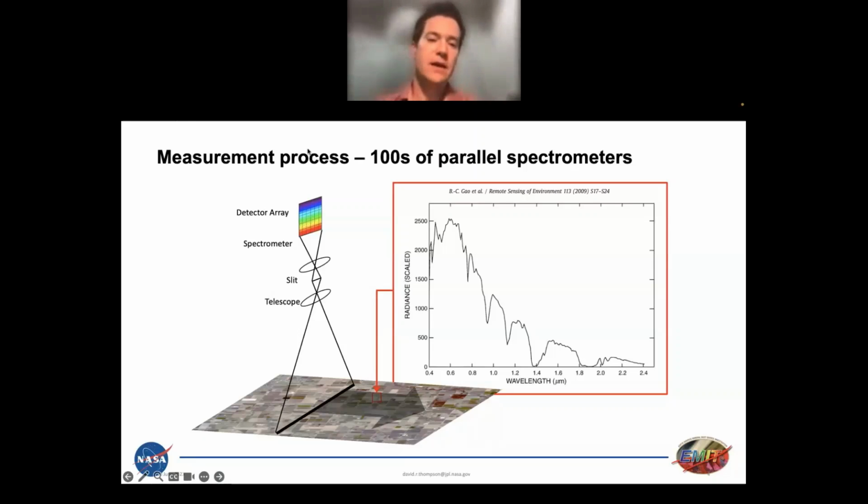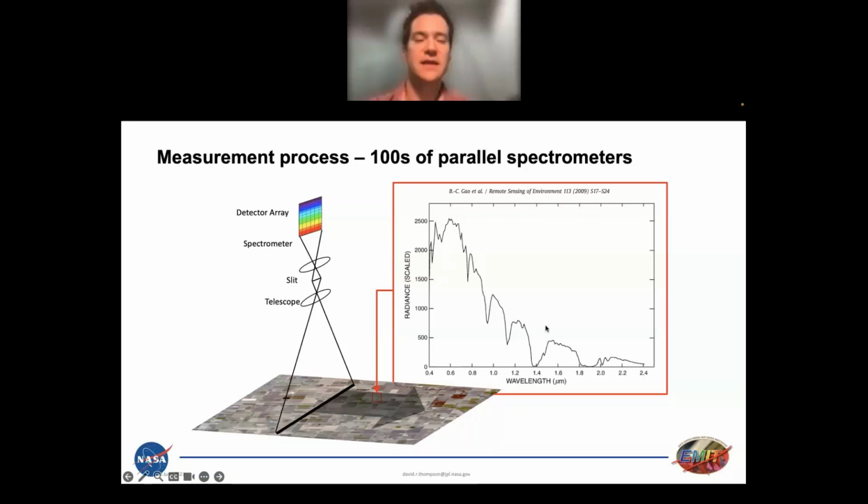The EMIT instrument is a push broom design, which means it has a linear field of view on the ground. So you can see in this cartoon, there's a line on the ground. Light from this linear field of view enters a telescope. It's imaged onto a slit and then dispersed off of a dispersive grating element where it's sorted by the photon's wavelengths, cast onto this detector array. So this two-dimensional detector array gives us a cross-track dimension and a spectral dimension, which means that at every point along this line, we get a full spectrum of illumination sorted by wavelength,